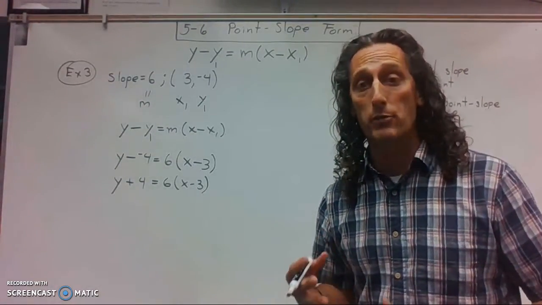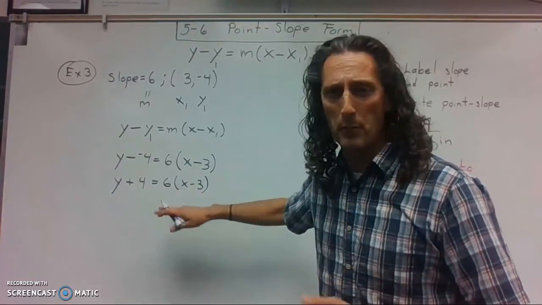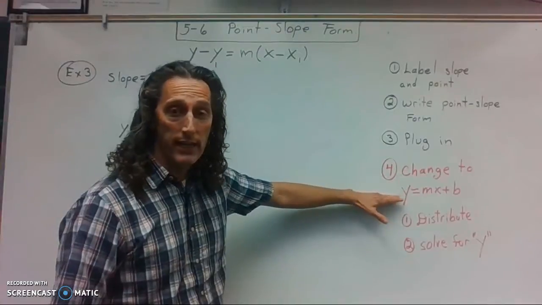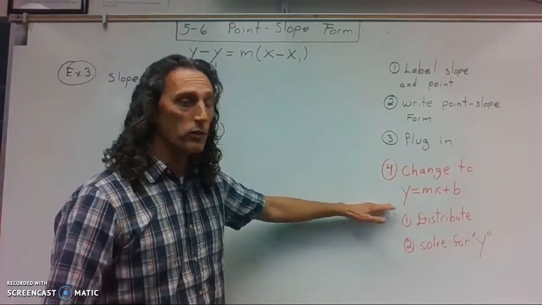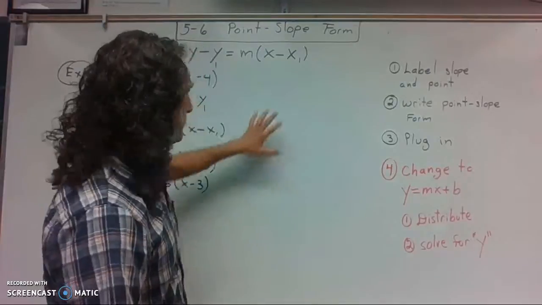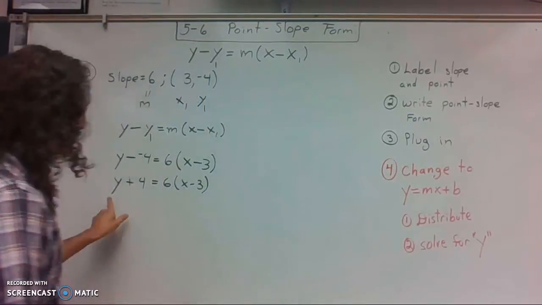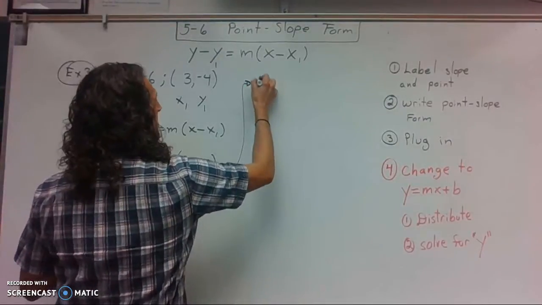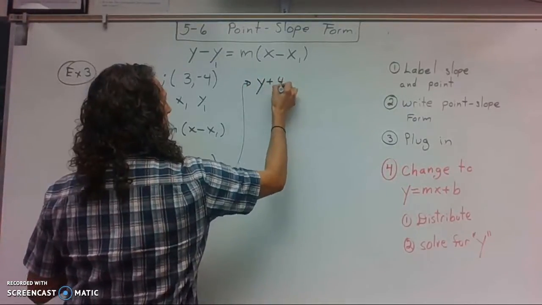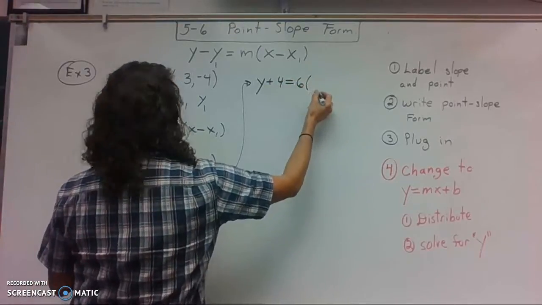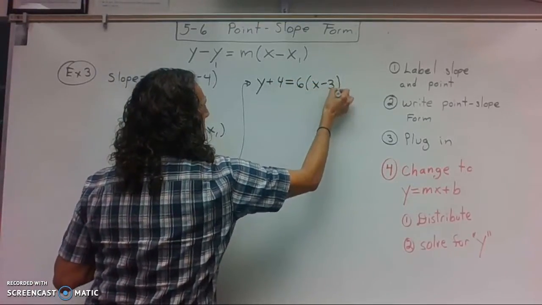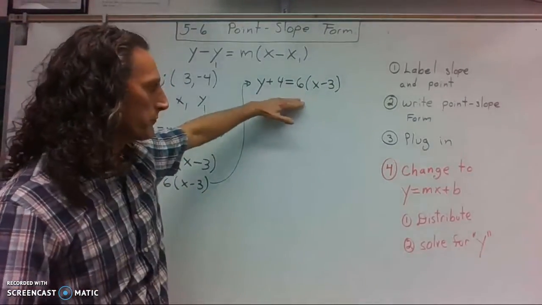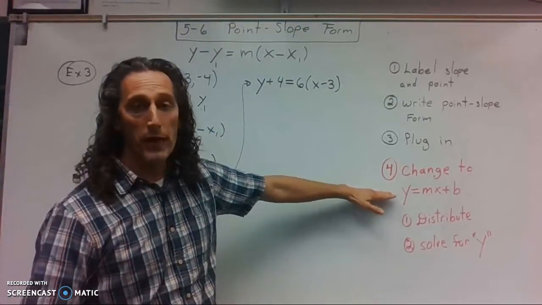This has to be in the slope-intercept form, and it is not. So remember, the slope-intercept form is this right behind me, y equals mx plus b. Since I'm running low on room, I'm just going to write it up here. So I'm going to transfer this over to here. All right, so my first step after this one is to get it into the y equals mx plus b